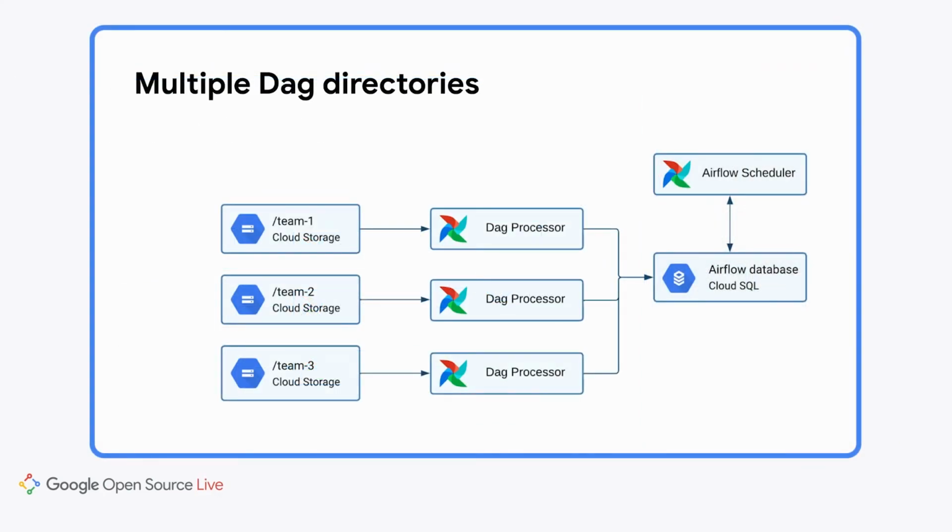I can also imagine that in the future, each DAG processor may use a different service account and set of PyPI dependencies. But please remember that workers are still shared, so some more work is needed here as well.